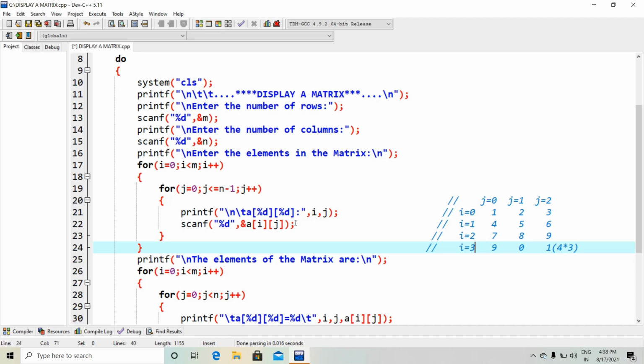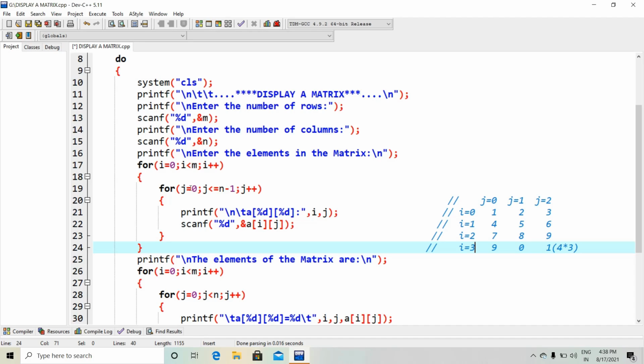So you can see here, in this for loop we have to write the printf statement, a %d colon, i j. That means when i is 0 it will print a00 colon, then a01 colon, then a02 colon, because the j value continues up to 2.